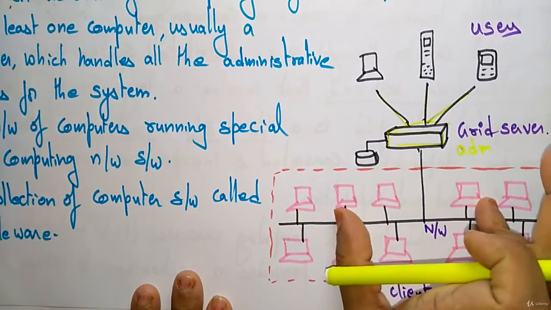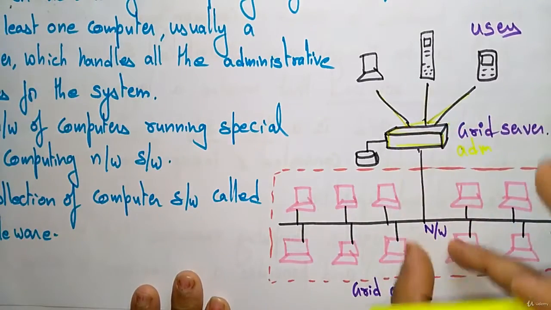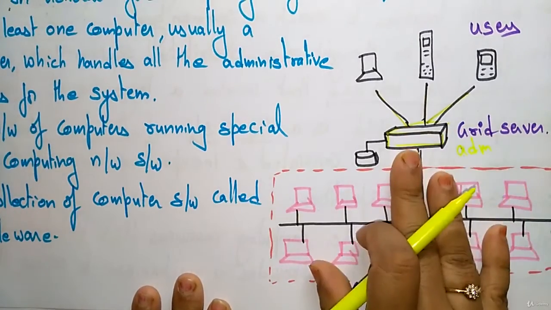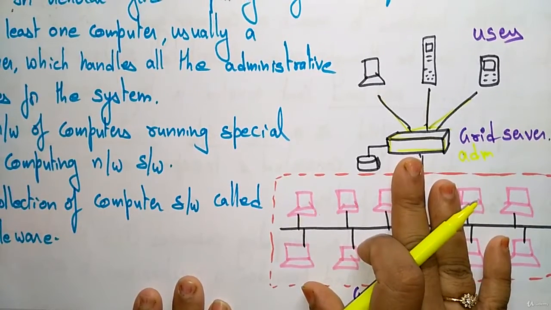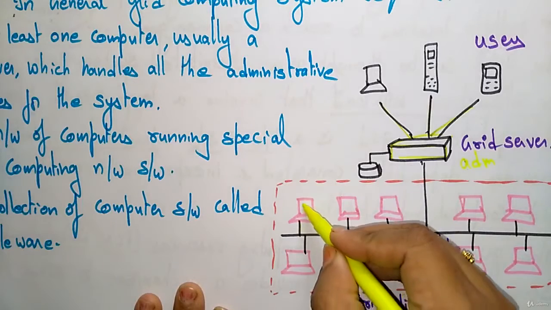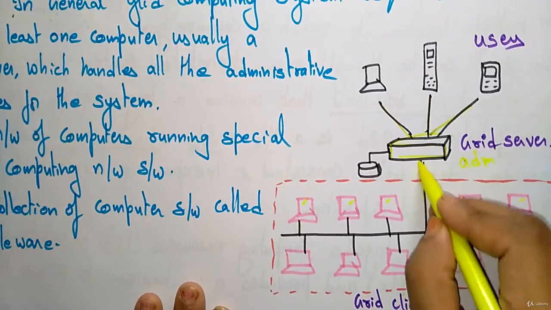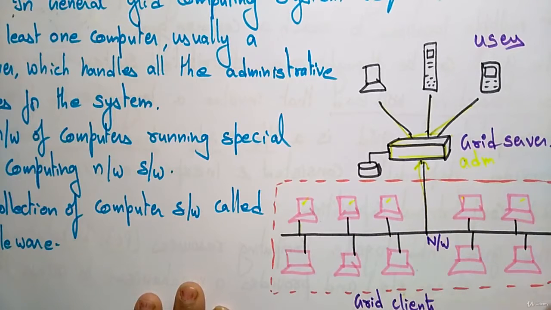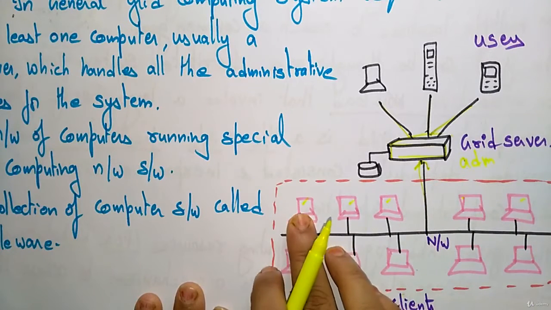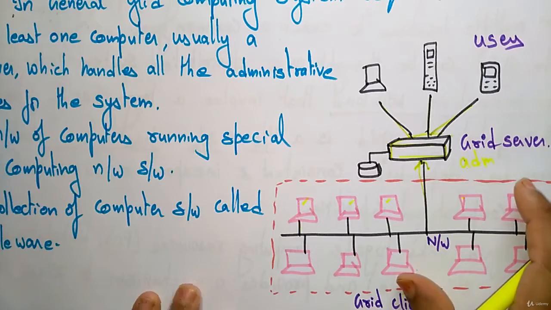So it's a software system, and this is the hardware. It's a server. With the help of this connection, data will be distributed to achieve the same goal. A workload will be divided across different systems, and finally they will deliver one common goal. Here, one system does not interact with another system. That is the main thing to note in a grid server.